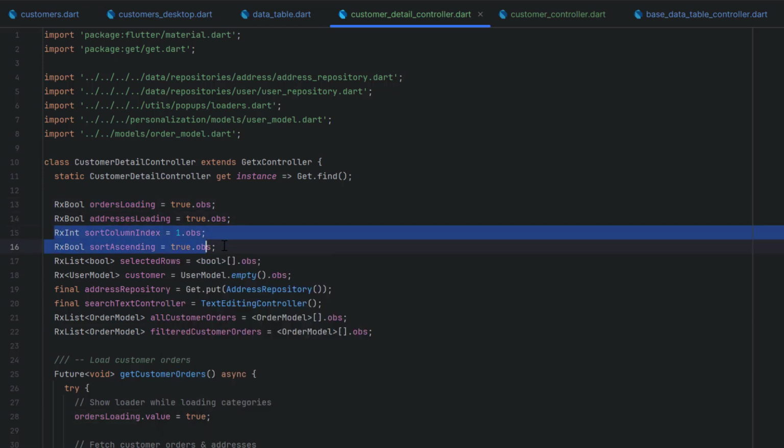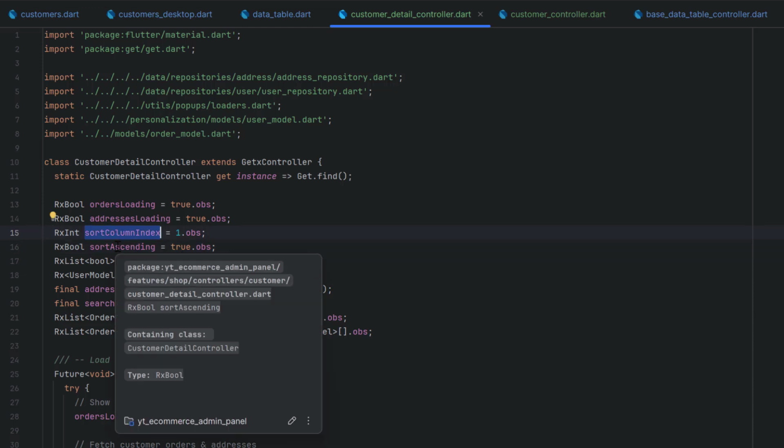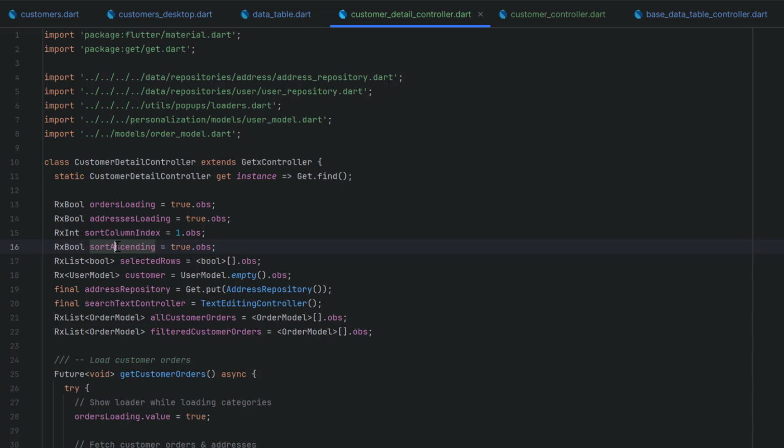Then we have indexes. You can watch again. I'm not going to cover these tables again. Rather, you can watch the previous videos. But we have this column index in which we're going to display all the orders, and also we have ascending, descending sort. Selected rows means the number of rows selected. Then this customer is actually going to get the specific value that we want to display. So this is the customer which should load all the customer information either from the arguments or from the parameters.